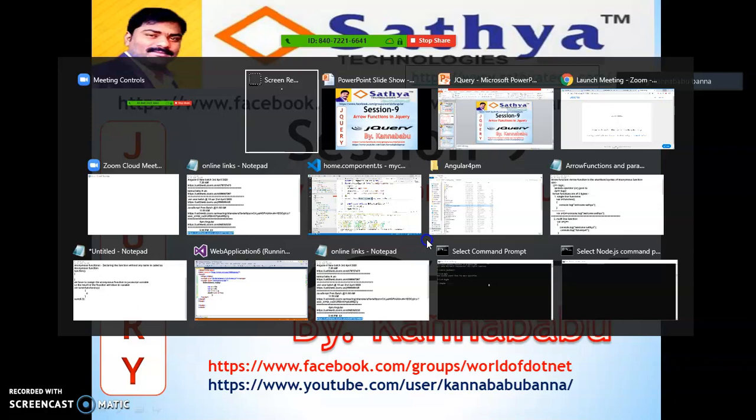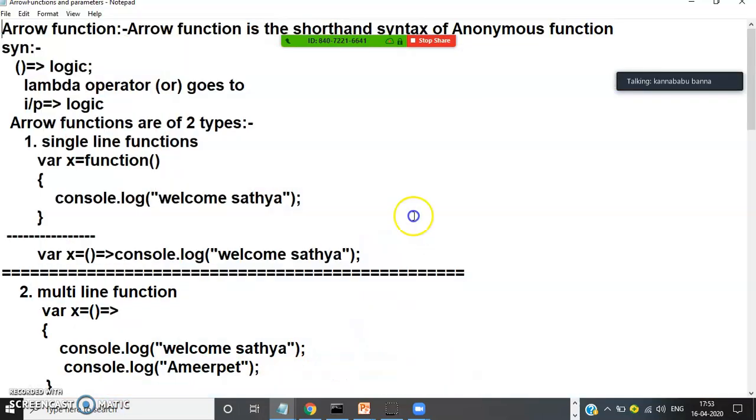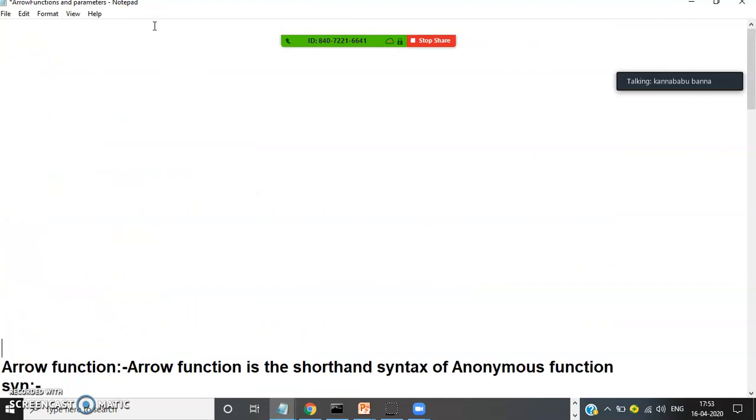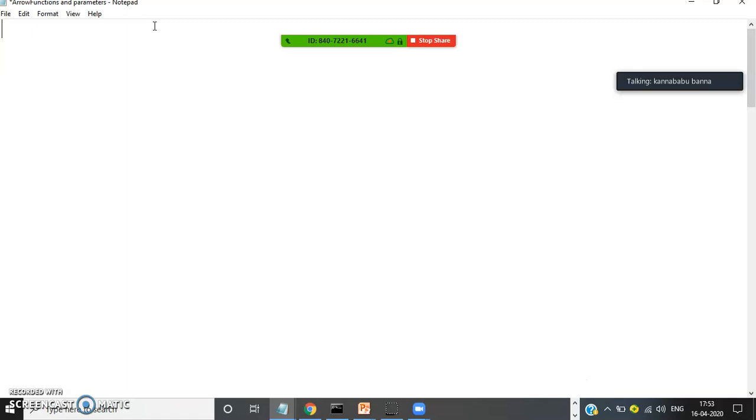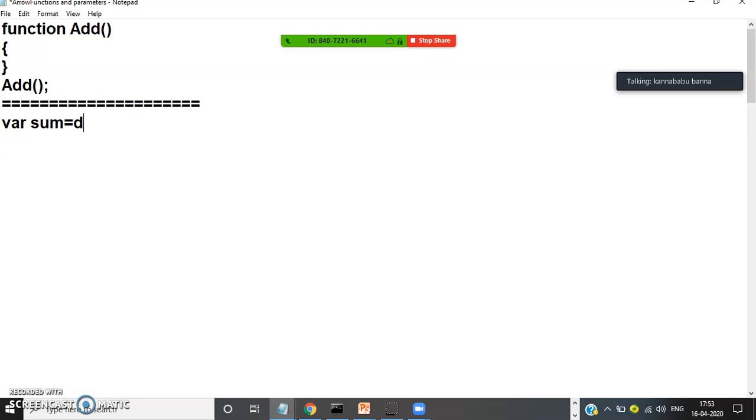Nowadays, arrow function is very popular. Is it clear? Everyone is using arrow functions only. You can also call it lambda expressions. So here you can see, generally we already know what a function is. A function will get executed when we call it. Is it clear? So named function means what? Declaring the function with some name, that is a named function. Simply you will declare like this: function, some function name. Here you have to write some logic, and that function will get executed when we call it. This is a named function.